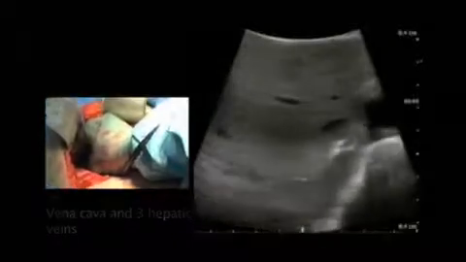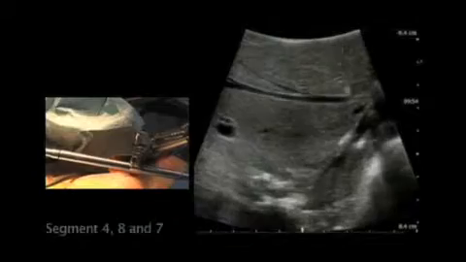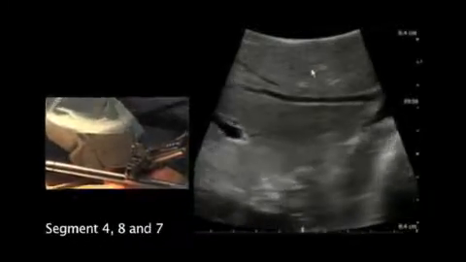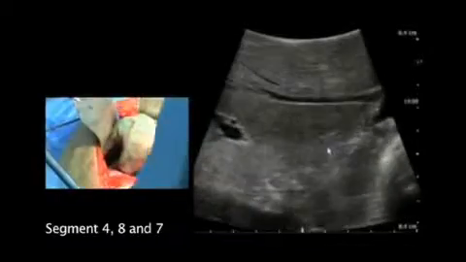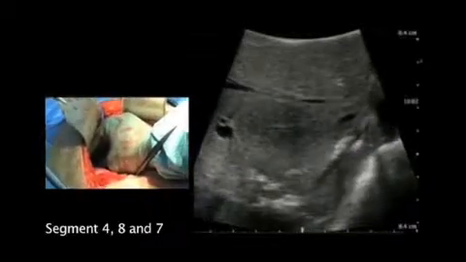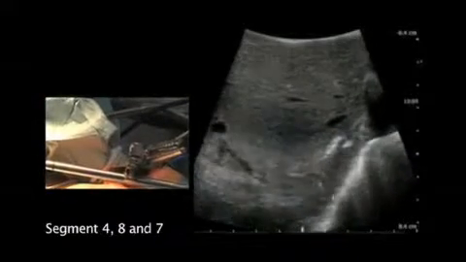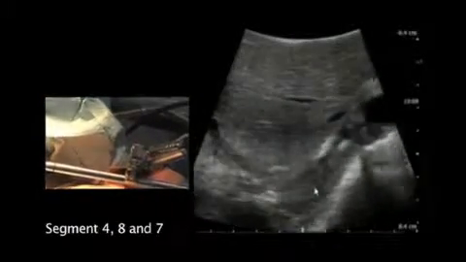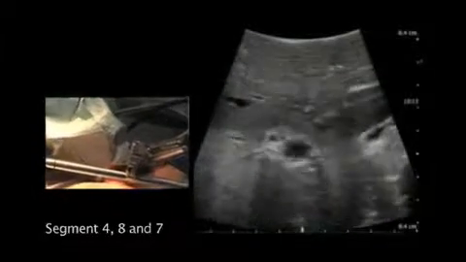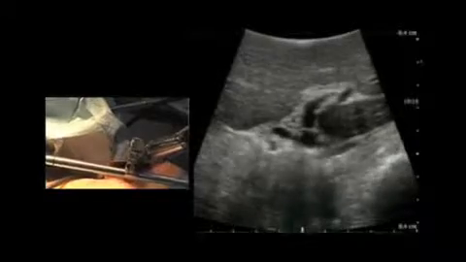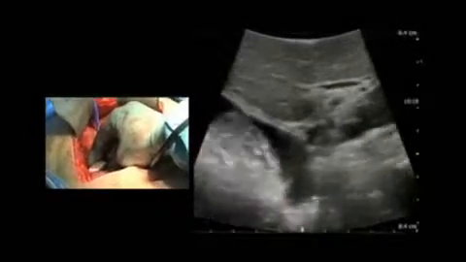So we are very interested in this segmentation because we will have segment number 4 in front of this medial liver vein. We will have segment number 8 in the area between the right and the medial liver vein, and actually behind the right liver vein we will have segment number 7 in the more cranial part of the liver. When we go more downwards, caudal, then we will pass the central structures as we are seeing here, and